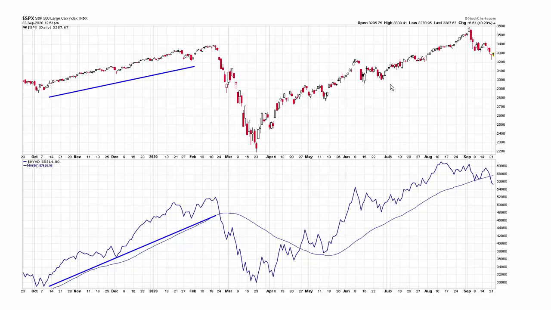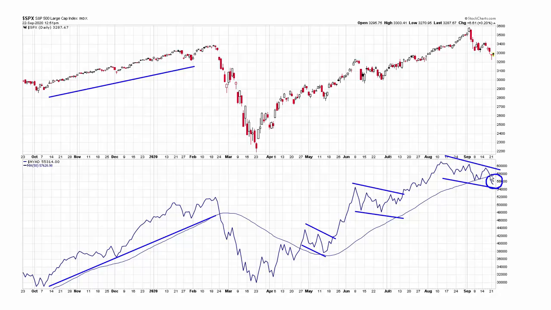What I want to see is whether advancers are beating decliners on a consistent enough basis to suggest that an uptrend is supported. Since the March low, the line's been generally moving up. We had a pause here, and then a little breakout. We had a pause here, then a breakout, and then a continuation. And now we're getting another pause here, except this one for the first time